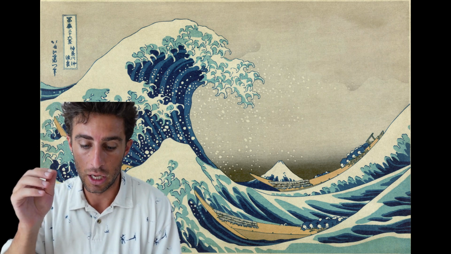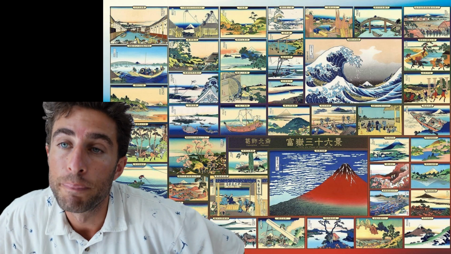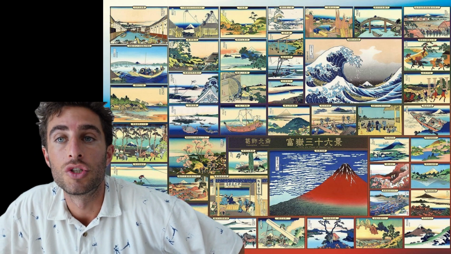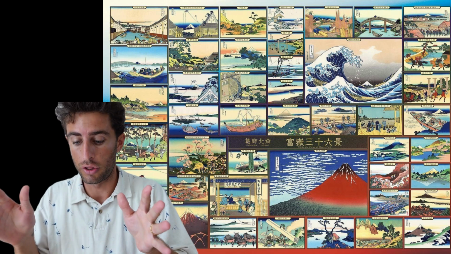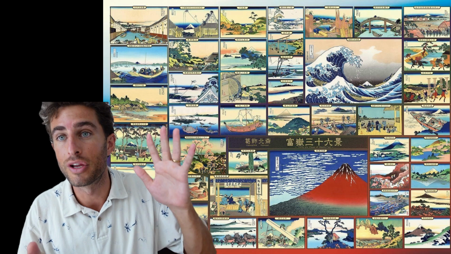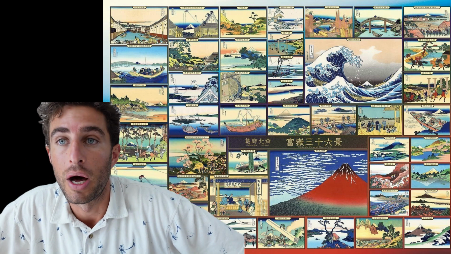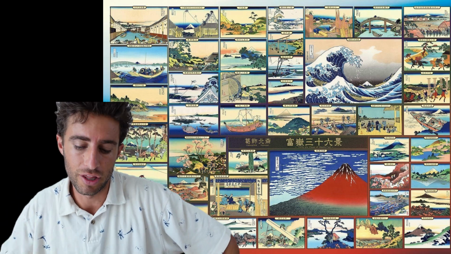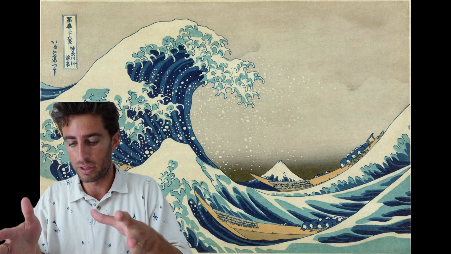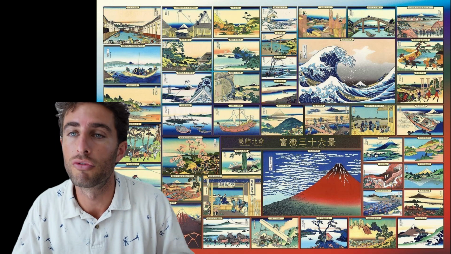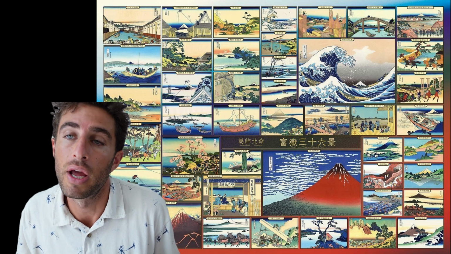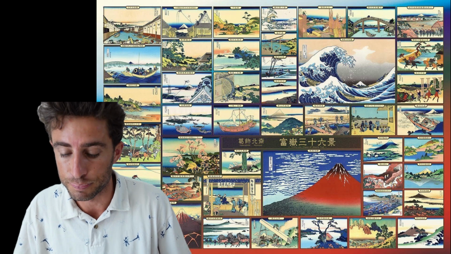So this is actually one of a larger series of prints called the 36 Views of Mount Fuji, which Hokusai was commissioned to do in his 70s between 1830 and 1832. So this is 1 of 35 in that whole body of work, which is extremely interesting to think that, wow, I'm so familiar with this, but there are 35 other images that comprise this series that I've never seen before. That was really exciting for me to find out, and that's what I want to share today in this episode.